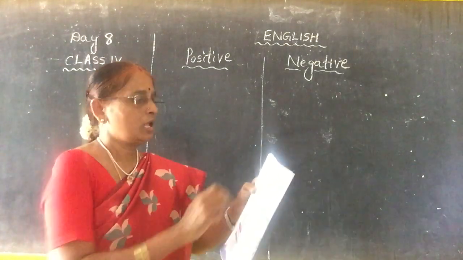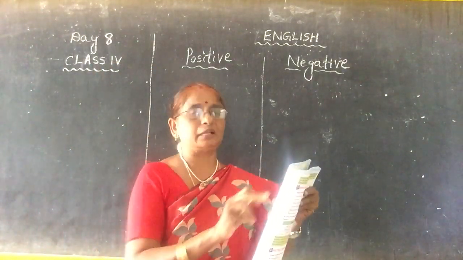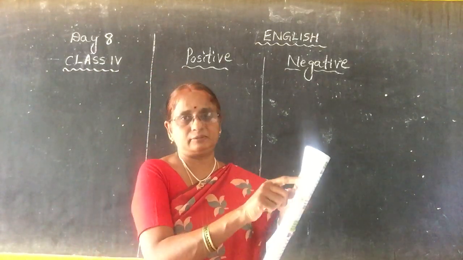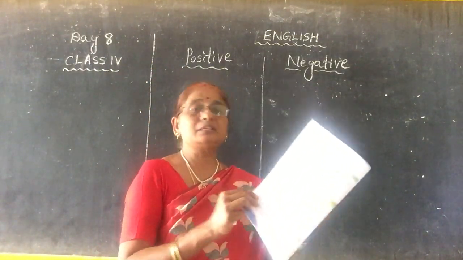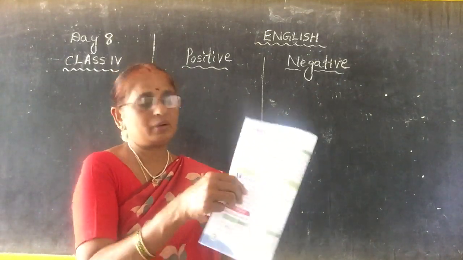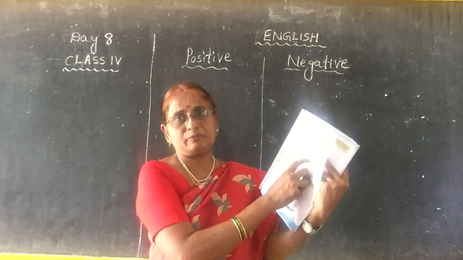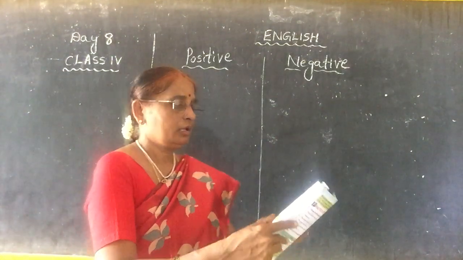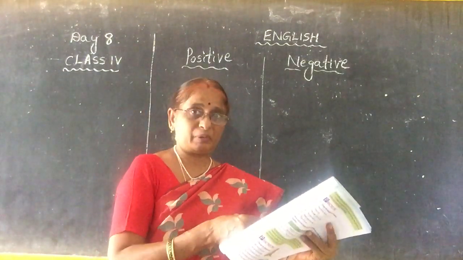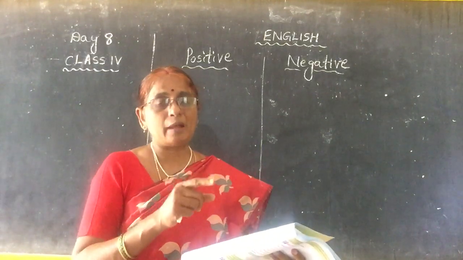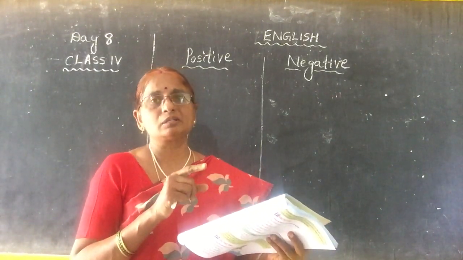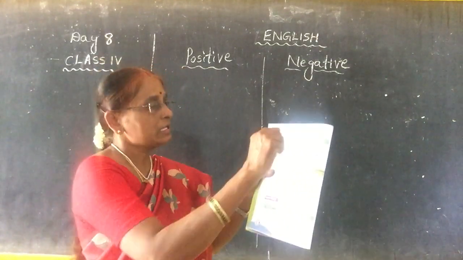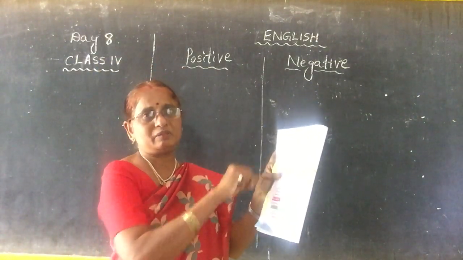Positive and negative. Now compare the sentences in the table given below. How to compare? What is the speciality? What is the difference between this table and the previous page's table? Here we have only used not. And in yesterday's class I told you is, am, are, were, all these are called verbs, I told you, no? So see, what is the difference between this page's table and the previous page's table?